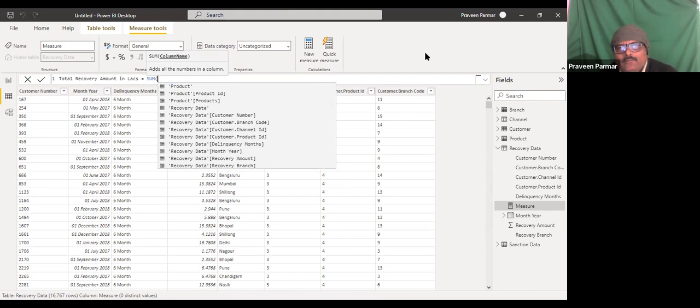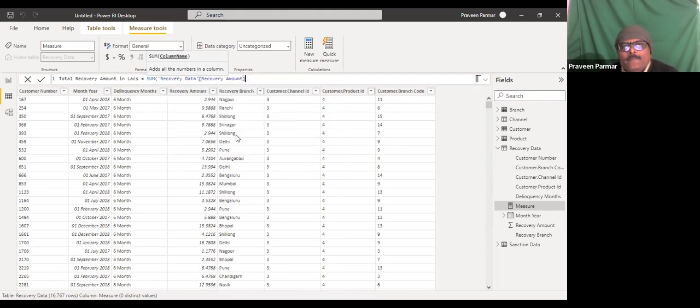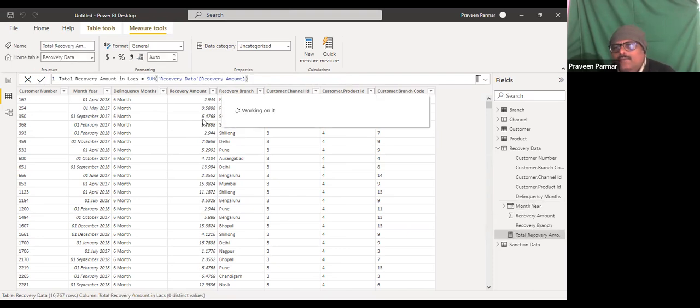We have the column name. So recovery amount we have here. Okay. I just choose this and close this bracket. And I will just click on write. So you have got this total recovery amount.